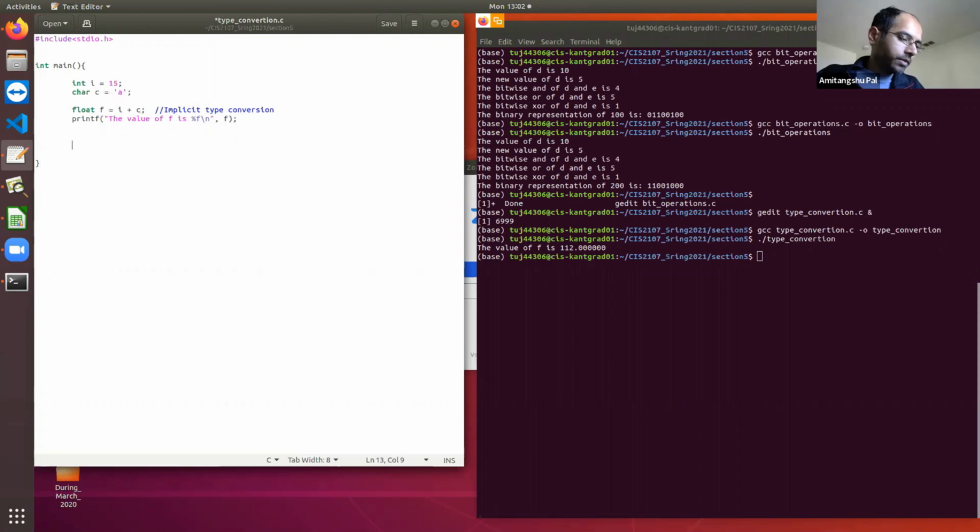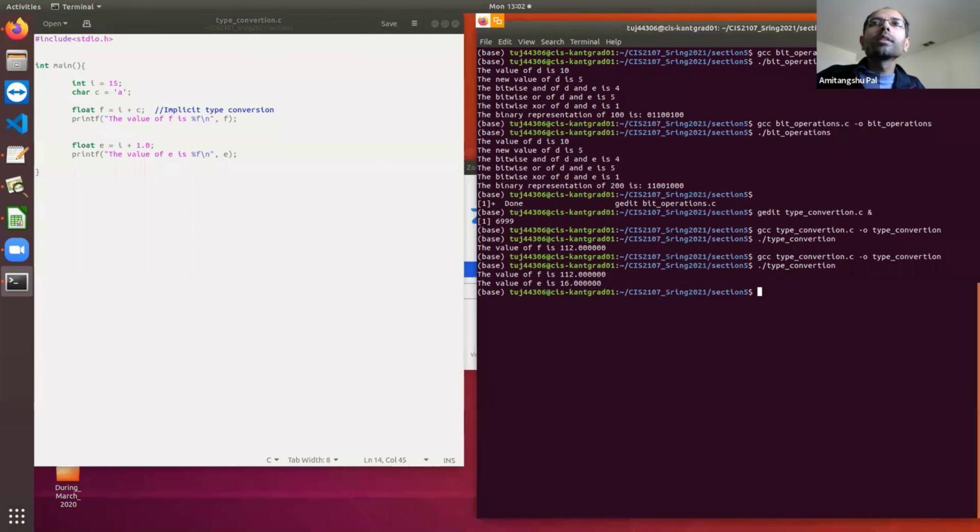Similarly, if I write, say, float E equal to I plus 1.0, and then I am printing the value of E with a percentage format. Okay, here also it is going to print 16.000.